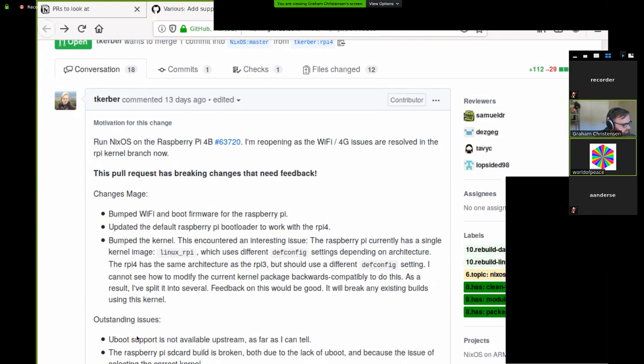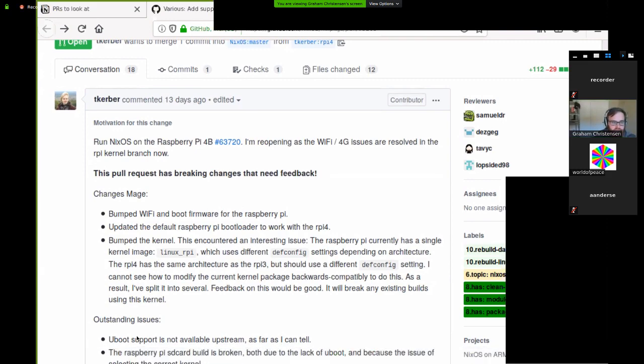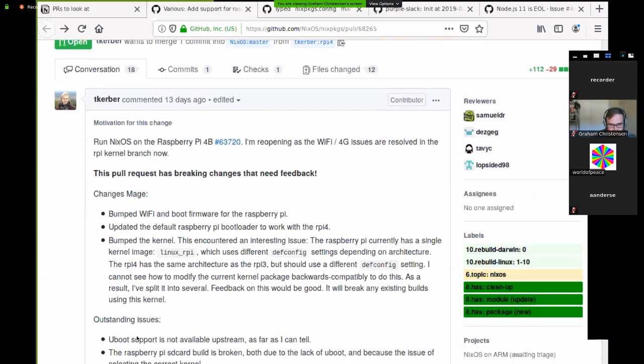But I checked it on the 2 gigs and 4 gigs variants. I think there's an issue with the 4 gig variant that's not relevant to the PR. It's the downstream kernel, not the mainline, that doesn't get the tippy top of the 4 gigabytes, but I just didn't check more. Maybe it's just that I didn't check right.